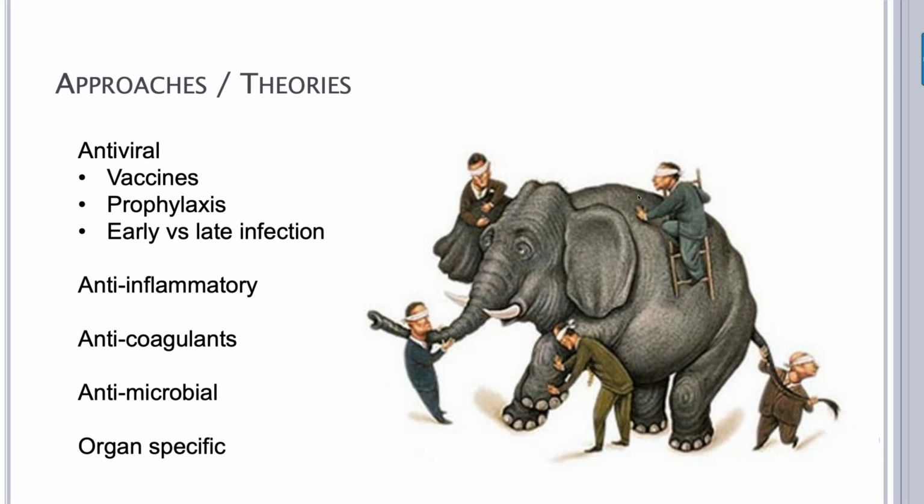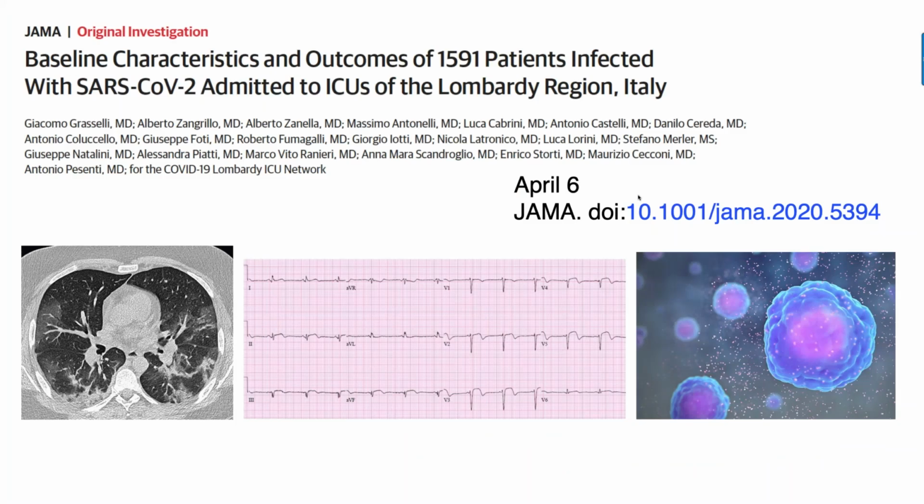Antimicrobial treatments, not really azithromycin, but certainly other treatments, either empiric antimicrobial therapy or certainly directed towards pathogens which seem to occur as a secondary infection. We're seeing a very high rate of secondary infections in our patients, particularly things like Staph aureus, but a lot of bloodstream infections of stranger organisms that we would normally see in a patient who's been in the ICU for a prolonged period of time, who has other comorbidities. And then certainly, as Niall talked about, the lung, and certainly are there organ-specific clinical trials which are being considered.